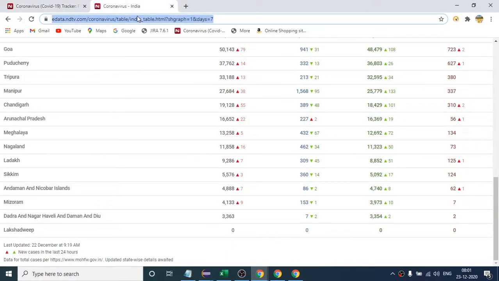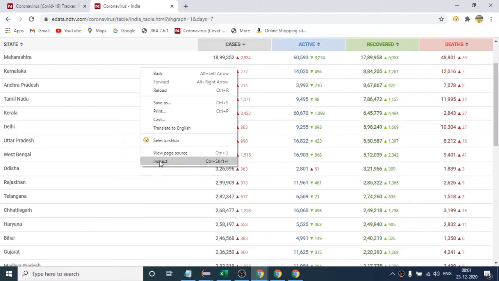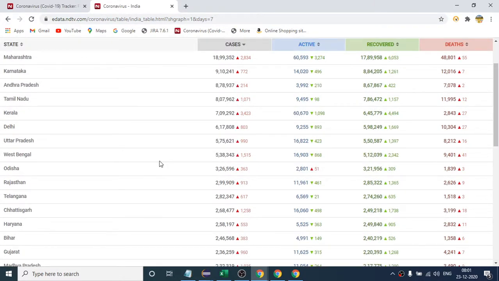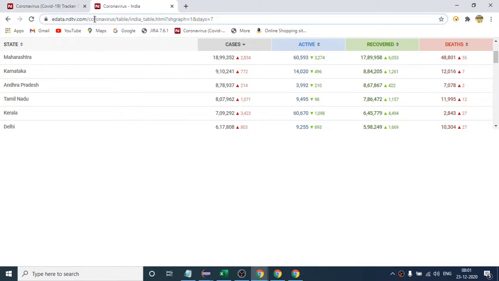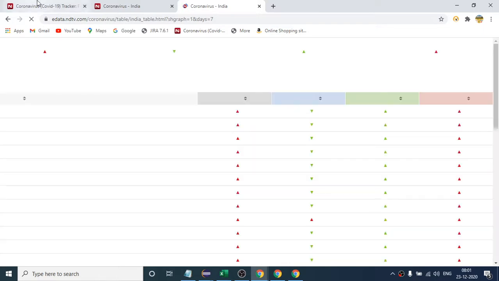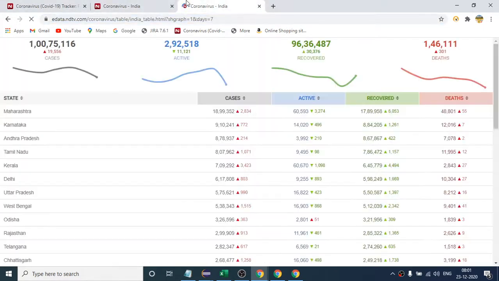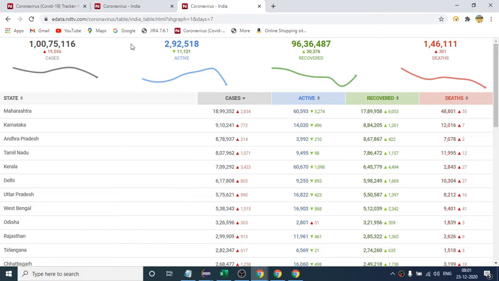But I'm not sure here that the same XPath will work. So let us first check. Let me see whether it is loading fast or not. Otherwise, no point. Okay, so it is loading fast.